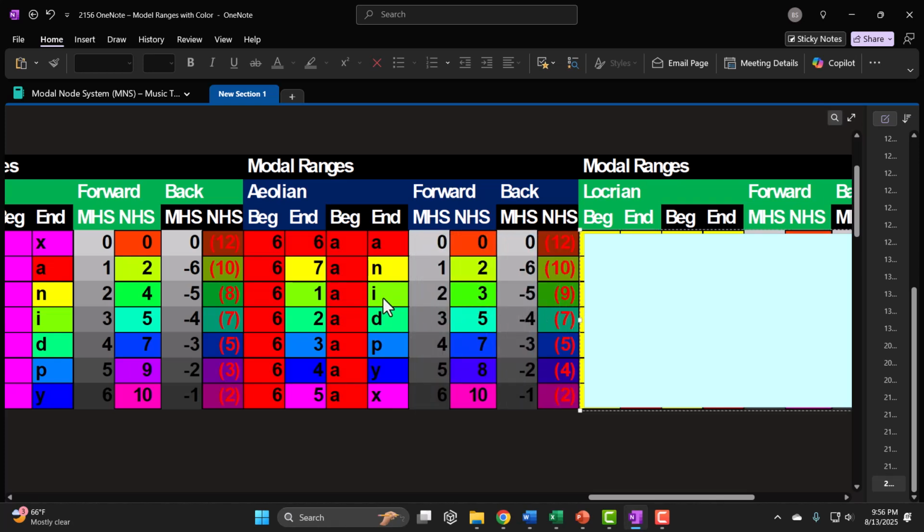And that's going to give us then a 6-6 modal range, AA modal range, 0 modal half steps, 0 note half steps, which is flame. We have the 6-7 modal range, which is the AN modal range, Aeolian Locrian modal range, the red-yellow modal range,